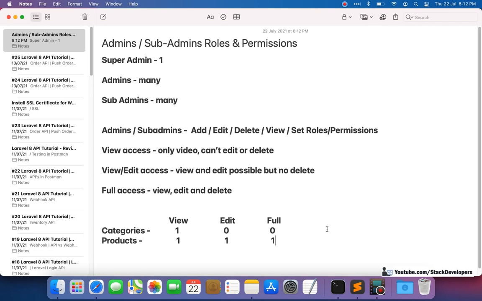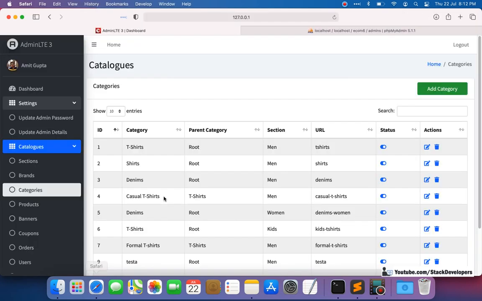If you want to give only the view feature for the subadmin, then make sure you give 1 for the view, and edit and full access must be 0. And if you are going to give complete access, then you can give 1 1 1, all three: 1 for the view, edit and full access. Okay, so let's start creating the migration file.